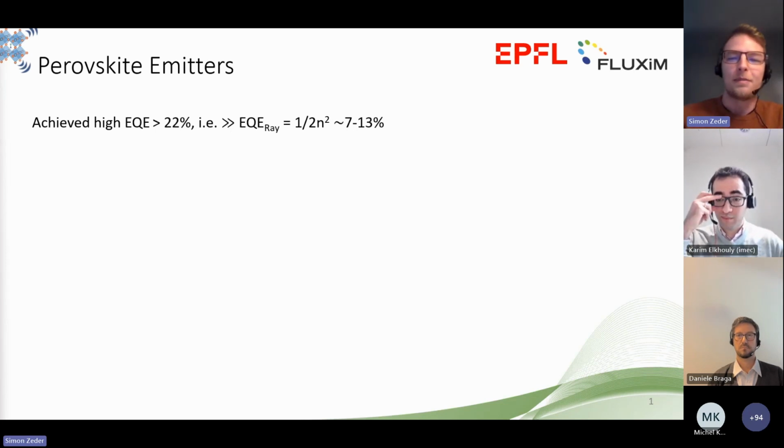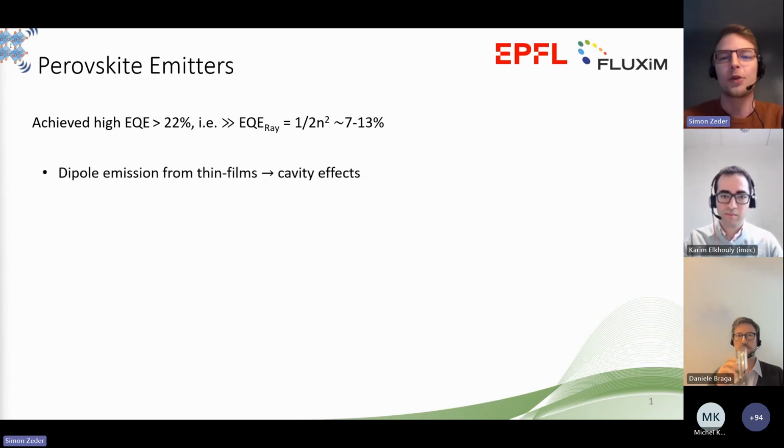Now, what makes a perovskite more special compared to, let's say, OLEDs? In both cases, we deal with thin film emitters, so maximum some hundreds of nanometers thick. In both cases, we expect rather strong cavity effects, all these coherent effects of light impacting the emission spectrum. But honestly, that's already pretty much where the similarities end, because in contrast, perovskites usually feature quite a large